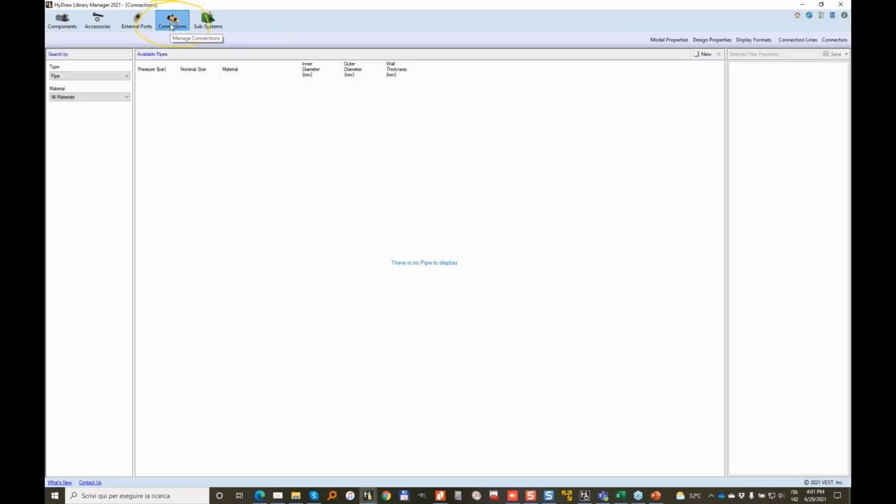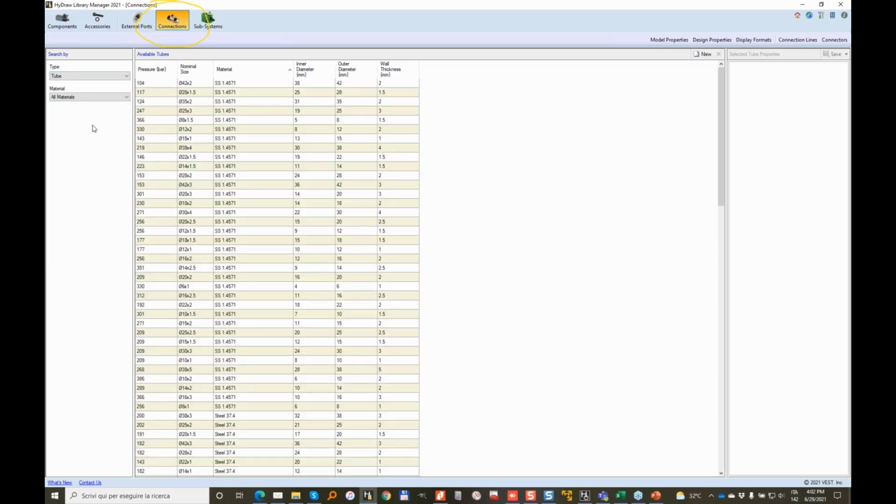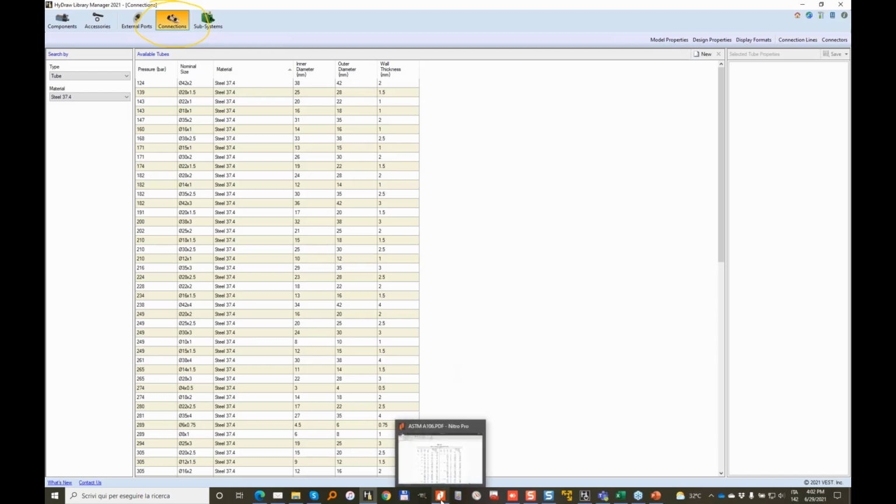The metric library that you install with the 2021 has no pipe information. You find preloaded tube information divided by material. For instance, you can find stainless steel 14571 or 37.4. These values that you find in the library come from tables. As an example, I can open